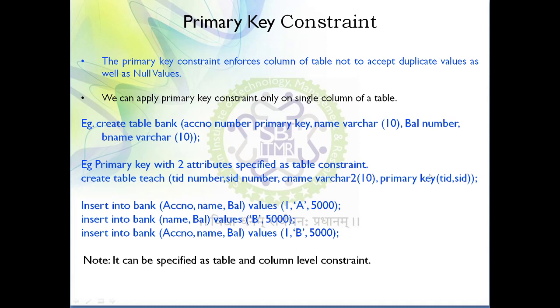Now, just as we have discussed the not null constraint, and the unique constraint, again I will give a simple example. Suppose for account number, what is your requirement for account number? That account number value should be